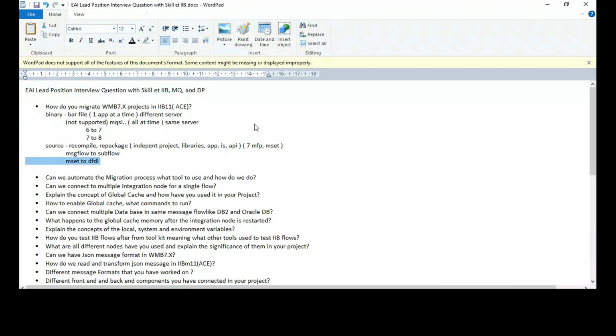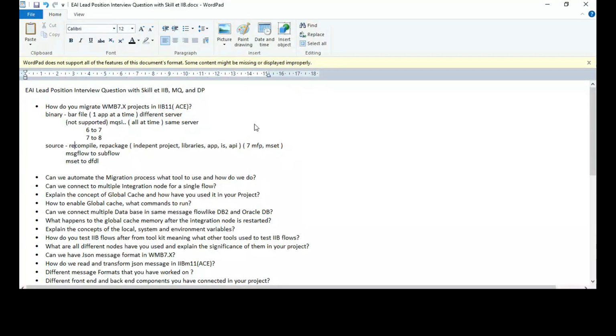So if you want to make use of DFDL, what are the benefits that you get? You get asserts, you get a quick performing parser, and many other options. And you can use a DFDL file on your toolkit, and you don't have to deploy that and then test it in your runtime. And many other features like this you get from a DFDL, which you don't have in a message set. So if you want this feature, you will have to spend time to make the conversion, and you will have to do it manually.